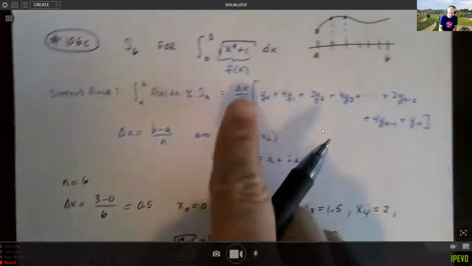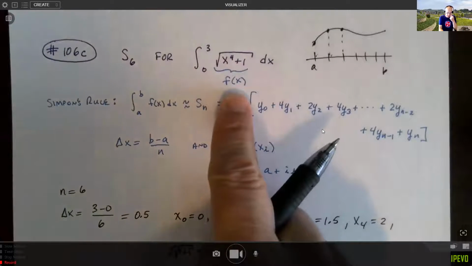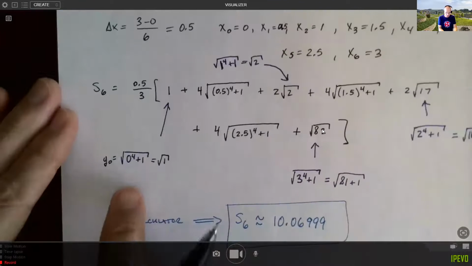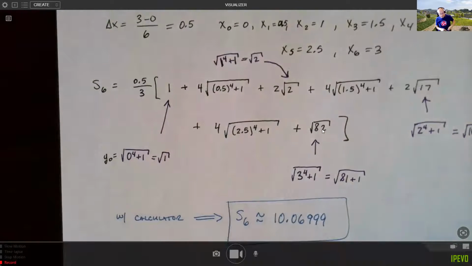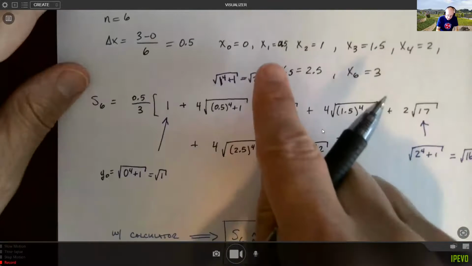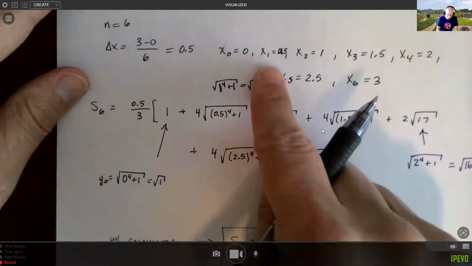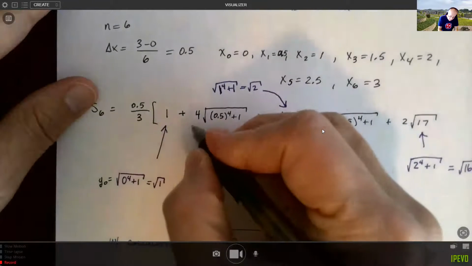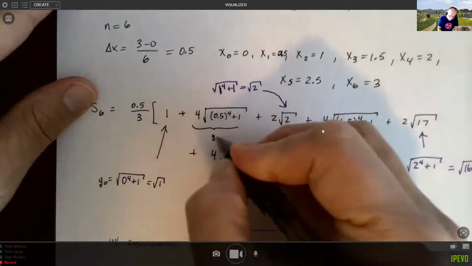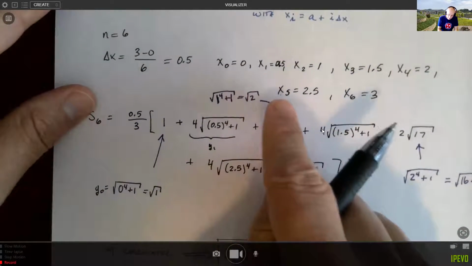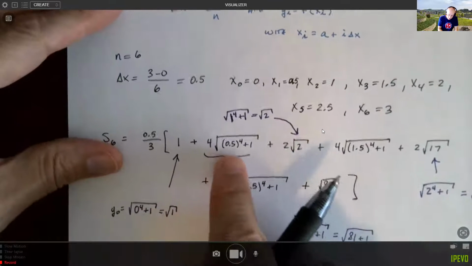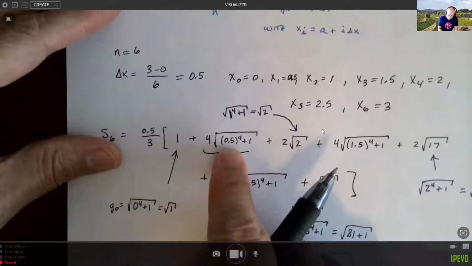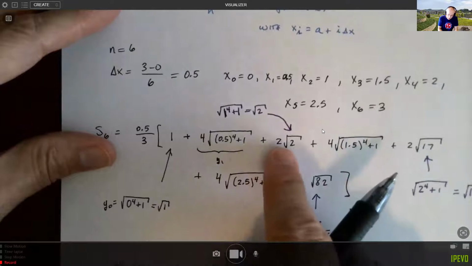Remember, our function f of x is the square root of the quantity x to the fourth plus 1. So 0 to the fourth plus 1 is, of course, 1, and the square root of 1 is 1. So I'm just going to replace that with 1. And then f of x sub 1, or y sub 1 here, notice the coefficient we've got is 4. Y sub 1 is the square root of 0.5 to the fourth plus 1, plus 2 times